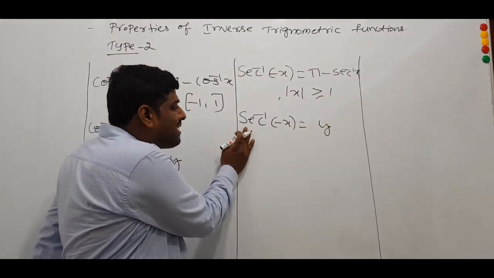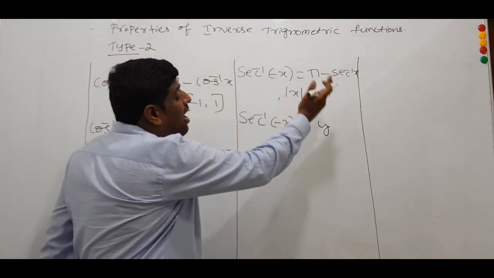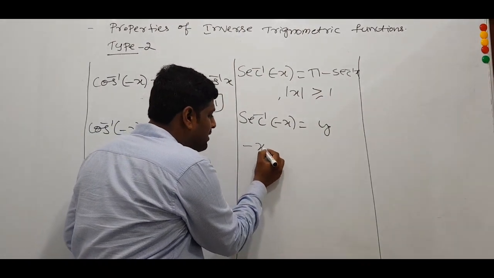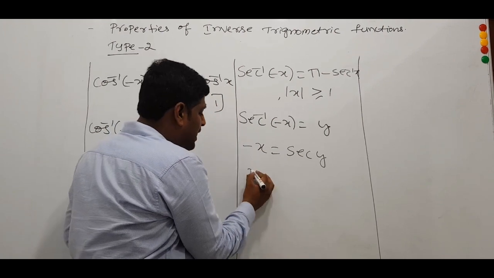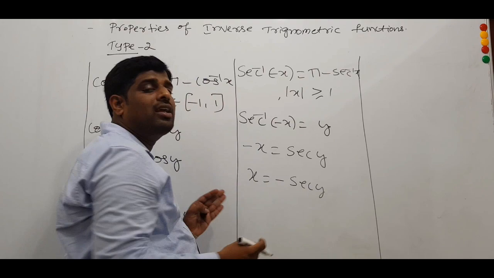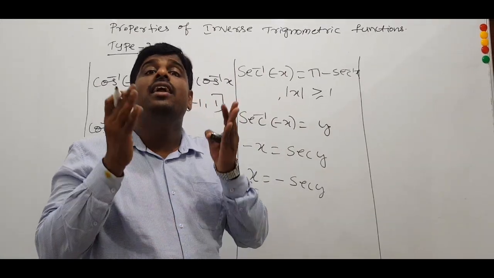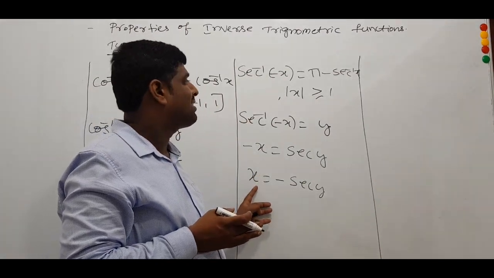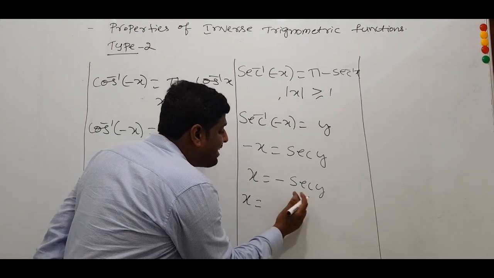This secant inverse shifts to the RHS and becomes secant, so minus x is equal to secant y. Now x is equal to minus secant y. Already we know secant of minus y is secant y, so now the domain is satisfied. So x is equal to secant of